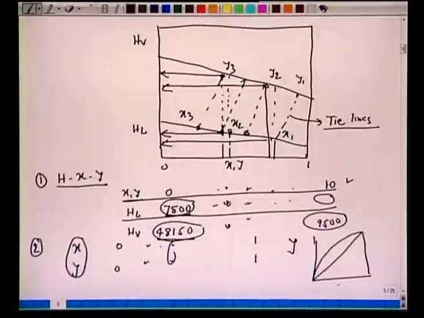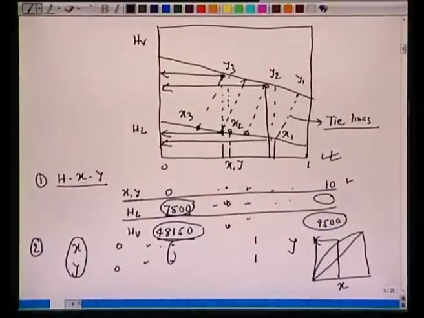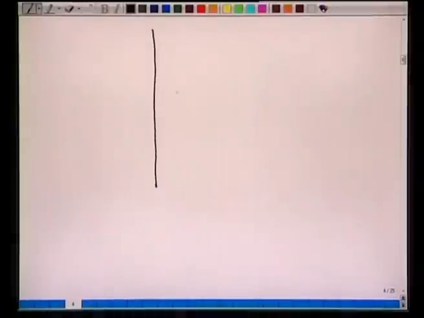So we have equilibrium diagram like this, y versus x. For a certain mole fraction of x, this is the equilibrium. So one has to do some interpolations to plot this HXY diagram given the table like this. Of course, if you have a plot like this, we can start directly from here. So assuming that we have this HXY diagram, we start now marking the distillation column. Okay. So let's plot HXY diagram again.